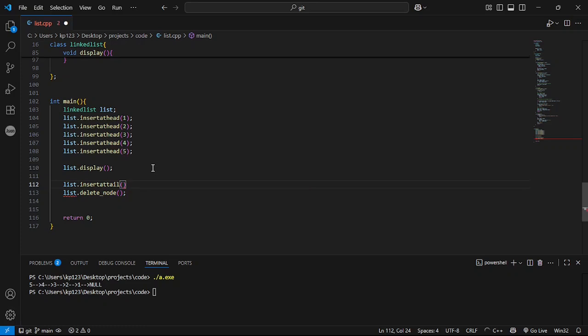If you're inserting a certain value at tail, let's say I'm inserting 10, and then dot display. Let's see what happens.